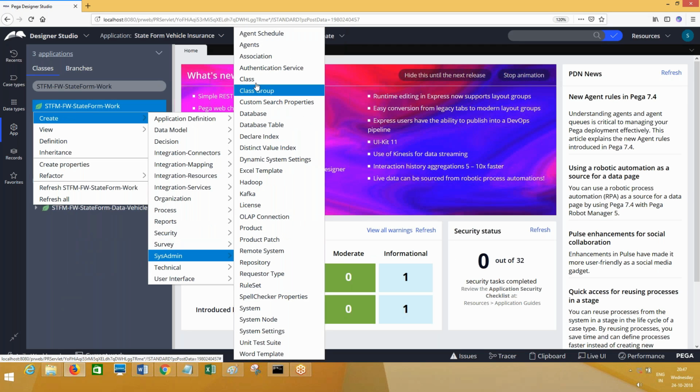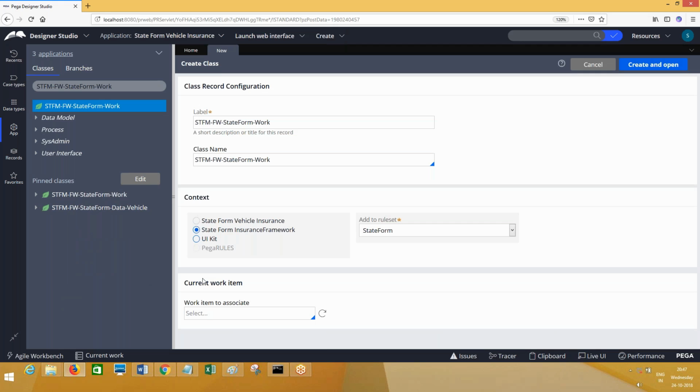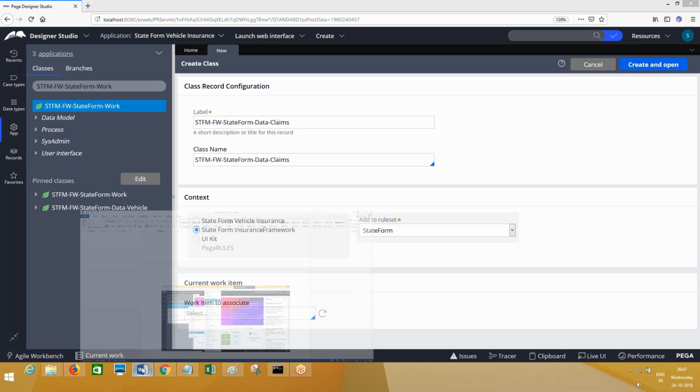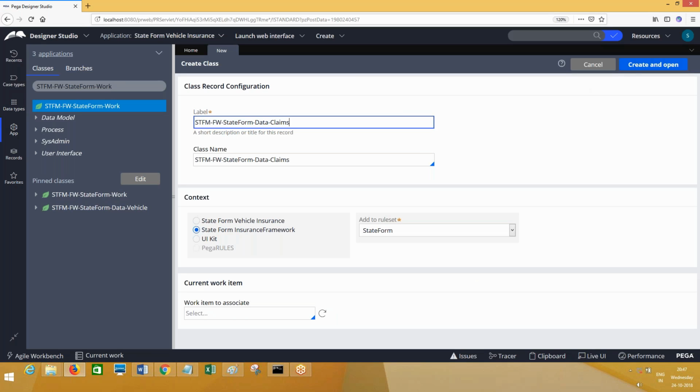Generally we will select it there in order to get it populated in the next screen. But if you don't select it also, no problem, you can modify it. Here it should be data, right? Data dash, what is that? Claims. Copy the same and paste here. This is clear, everyone? So the navigation from the same class will get copied here, but for another class also you can still modify it. Create and open.